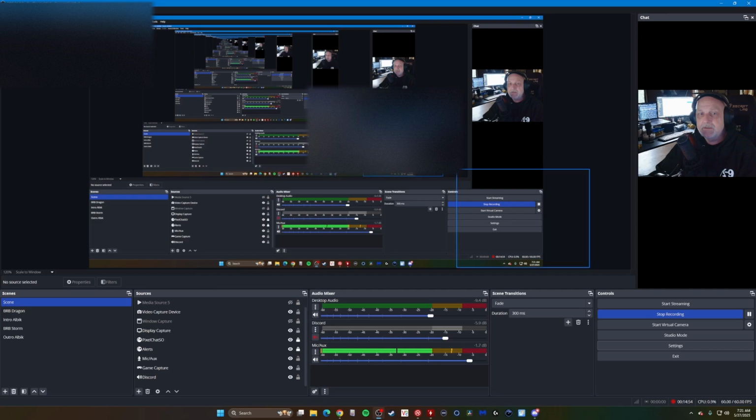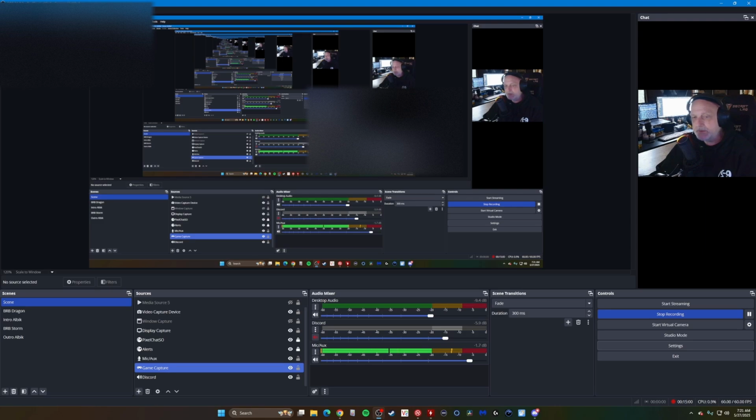So in a nutshell, that's pretty much it. Hopefully with those settings, you should be able to get the best recordings with the best sound for your particular system and get you well on your way to making your recording sound much more professional and get rid of some of that annoying background noise that people can add to the recording